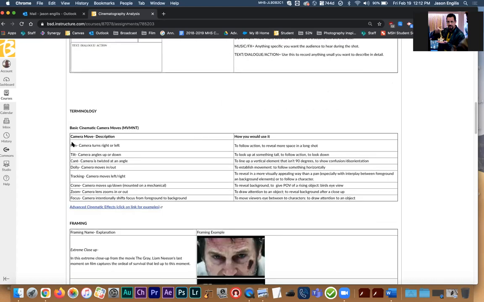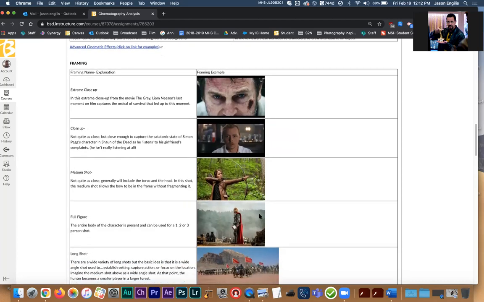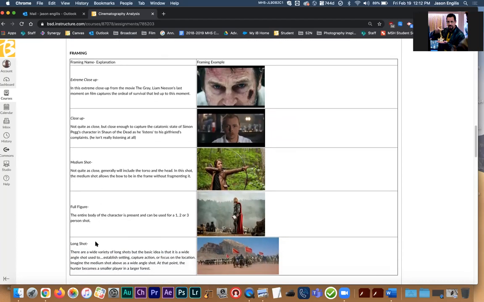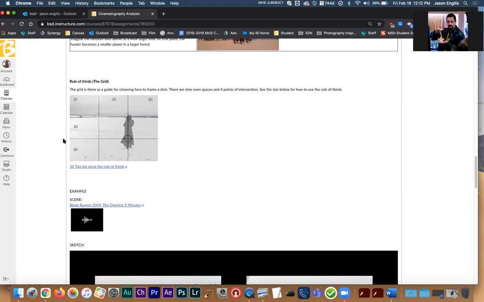So a lot of this is review for all the camera movements, for the types of framing. And again, I simplified it. There's about 15 or 20 different ways that you can break down how close or how far you get to a subject. These are the 5 that I think will work for almost any high school filmmaker, because you don't need to get that detailed to be good at it. Then the rule of thirds, reviewing that, you've got hot spots that you use to focus on key subjects. Don't center everything. You've got these horizontal lines that allow you to line up horizons or break up your visual elements into 3, and you can do that vertically too.